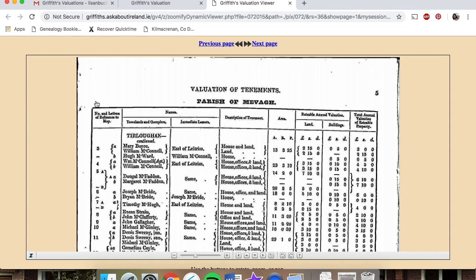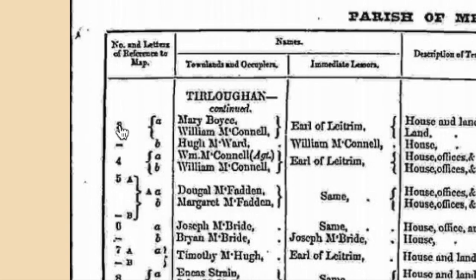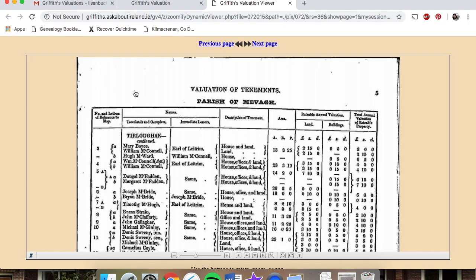So if we start over here in this first column, you will notice there are numbers, and they go in order, so 3, 4, 5, 6, 7, 8, 9, 10, etc. These numbers are reference to the plot of land on a map that accompanies this entire valuation. So one of the great things about the Griffith's valuation is that it doesn't just give you all this information, it actually gives you a really, really greatly detailed map of each plot of land, so you can see exactly where your ancestor lived. As a genealogist who loves plotting pieces of land, this is super helpful,